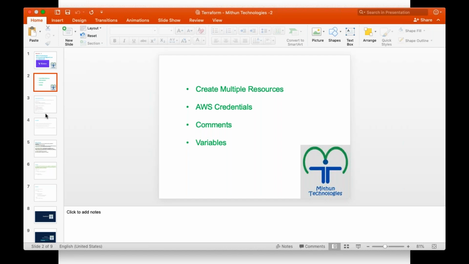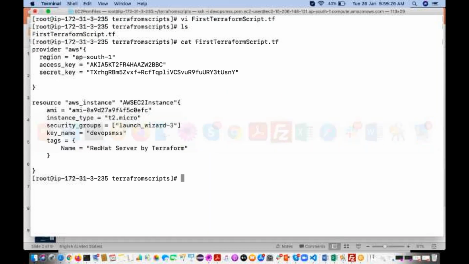I want to run this Terraform script. So first, you should initialize Terraform using the terraform init command. However, if you want to work with your GitHub repository, first what we do is the git init command, right?